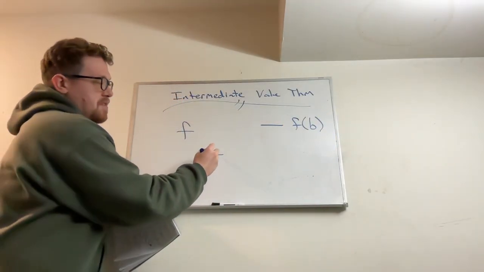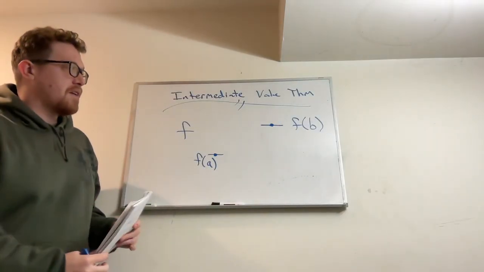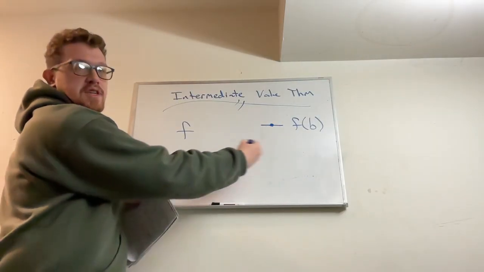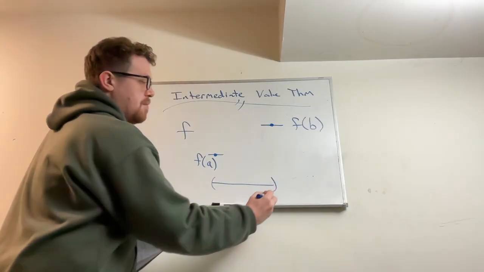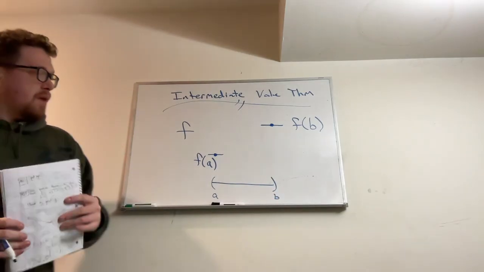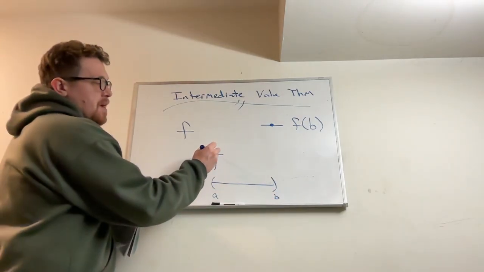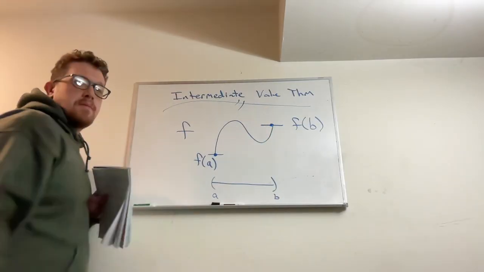What I mean by level is that just the value of the function at these 2 points is these 2 values, and we don't know what the function does in between. Let's say, this is some interval a to b for the x values that we're plugging in. So we don't know how we get from this point to the other point, but the theorem says if we